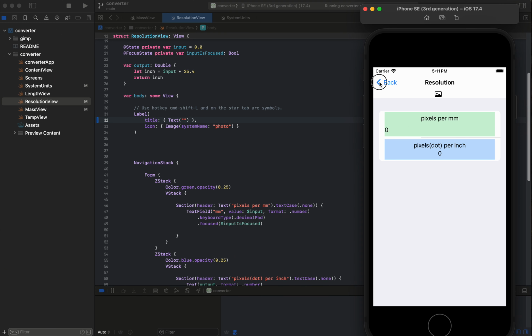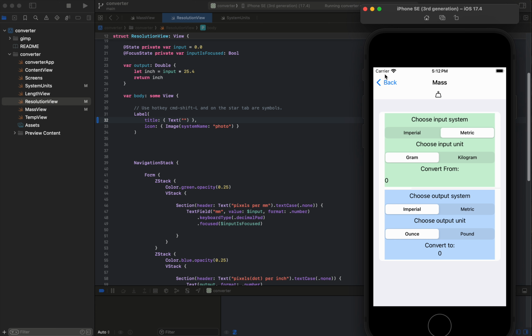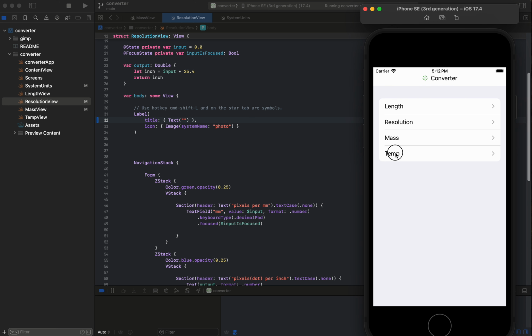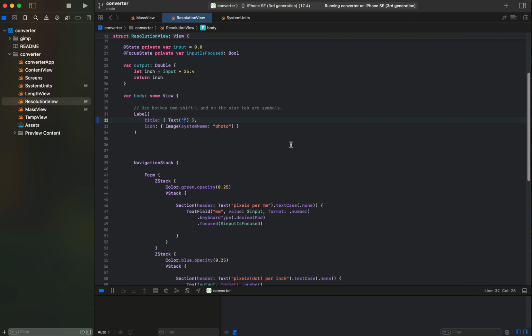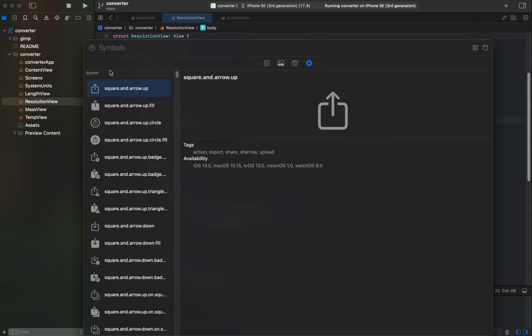Resolution, yeah, it's just showing an icon. Temp. And, just, what is it? Control-Shift-L. So if I put in temp,